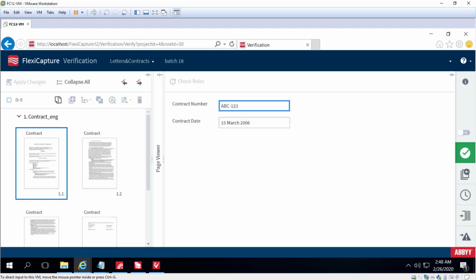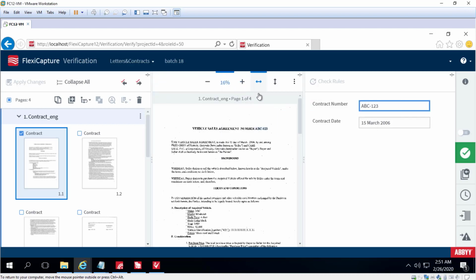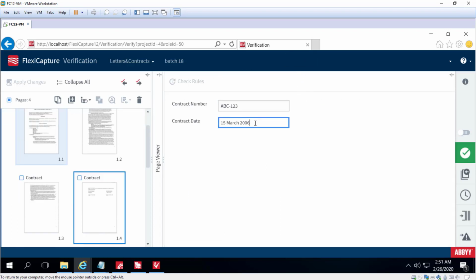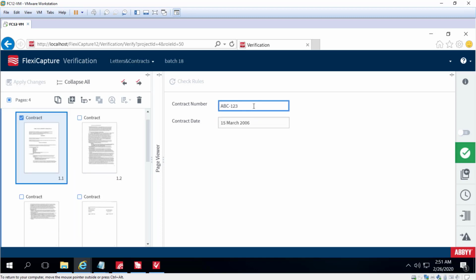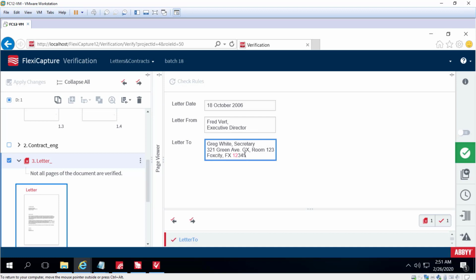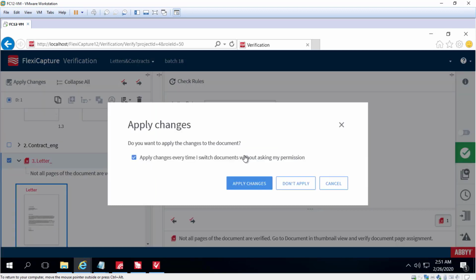You can see that I've got fields here and images on the left. We can see we have different panes. The middle page viewer pane can be opened up, and I can adjust the zoom here, and I can click on each field as needed, and I can also jump to my next document with errors. We see that we've got some low confidence characters here. I can apply the changes and proceed as follows.